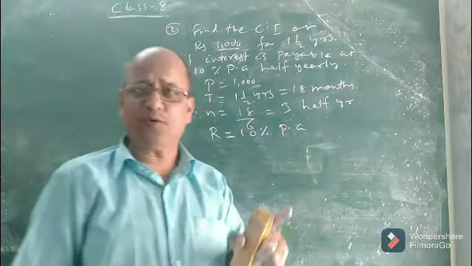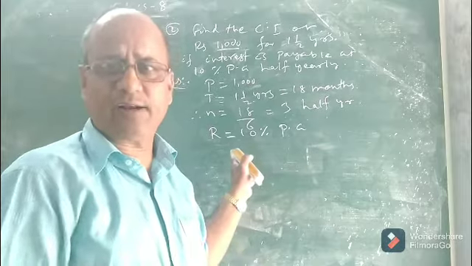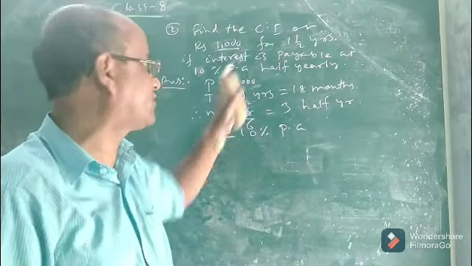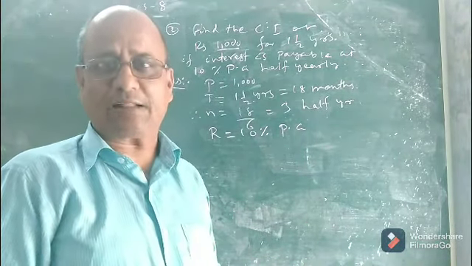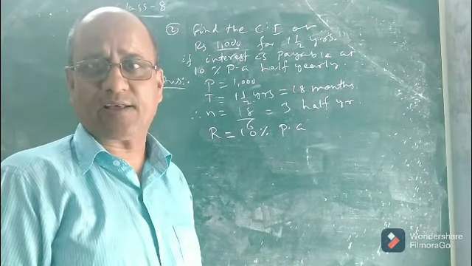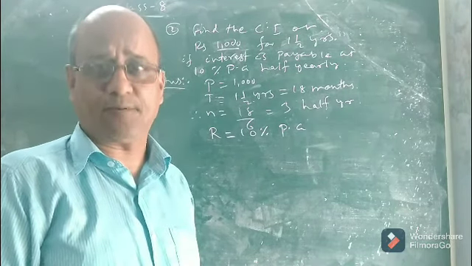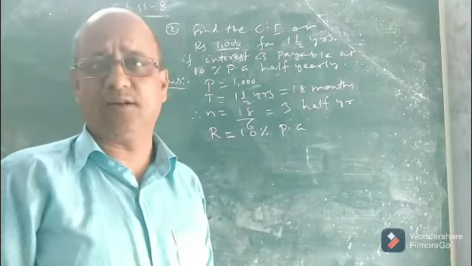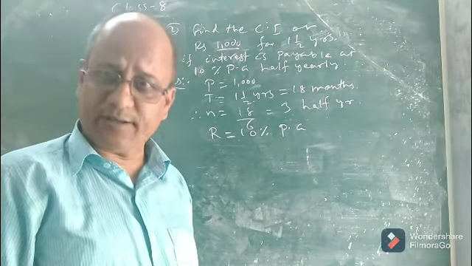If the interest is compounded yearly, then only you will get 10%. But now the question is, the interest is compounded half yearly. So do you think that the bank will pay the same 10% as rate of interest if interest is compounded half yearly or semi-annually? The answer is clearly no. Then what will be the rate of interest? It will definitely be R/2.